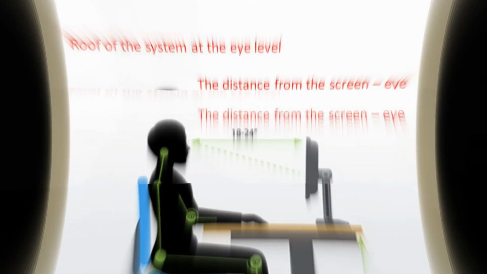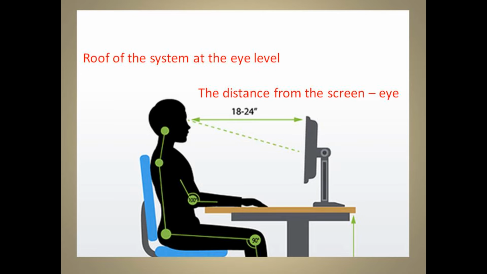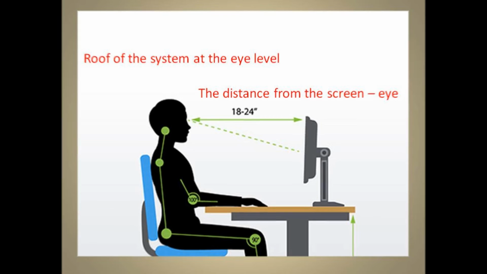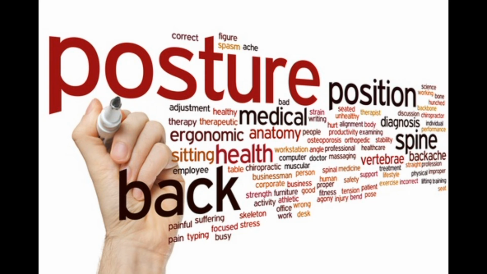Wrist should be in neutral position to avoid carpal tunnel syndrome, as it's one of the most common musculoskeletal problems in desktop workers. Another important thing to be addressed is the height and distance of the monitor. So when we are talking about the height, the top of the system has to be at the eye level and not the screen, and the distance between the eye and the screen should be somewhere between 18 and 30 inches. So I think we have covered almost all the aspects of desktop workers.